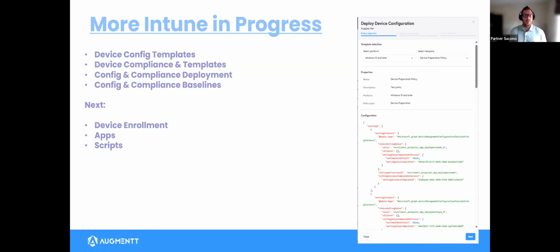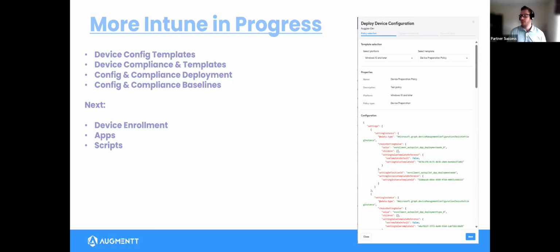So as we progress through this beta, the next thing we're going to be working on is device enrollment. So I think that'll be a great step. And the very interesting part about the Intune stuff, and something some of the partners that have been with us for a while may have experienced in the past, is that you used to require a reintegration to get new features. We've managed to automate this process now where reintegration will not be necessary